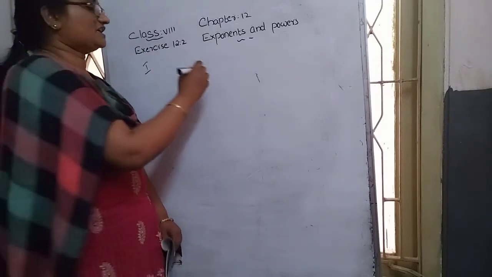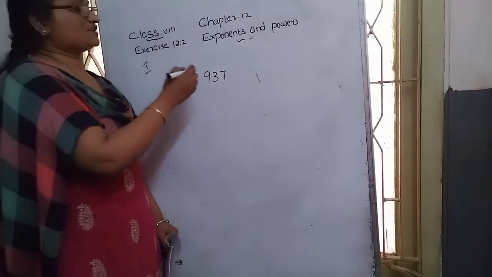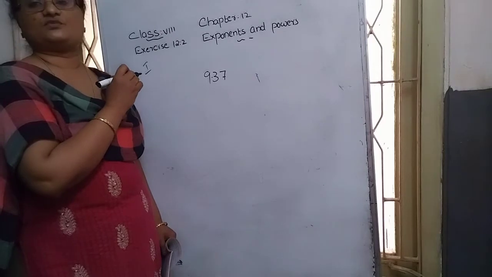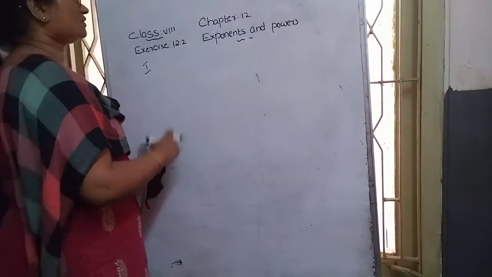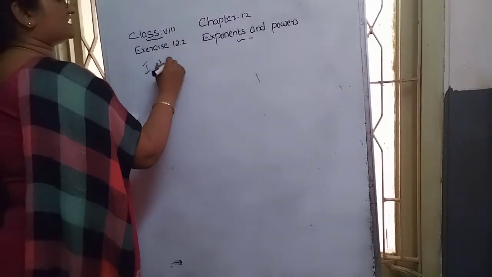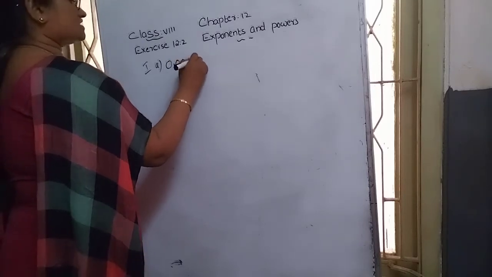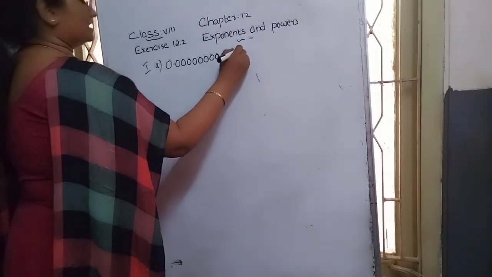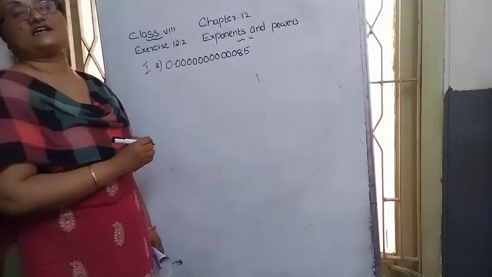In the same way, take 937: from left to right take one digit and put a decimal point. That is a must. So we are going to learn that type of question in this exercise. A question is given in this way, and we have to convert 8.5 into standard form.